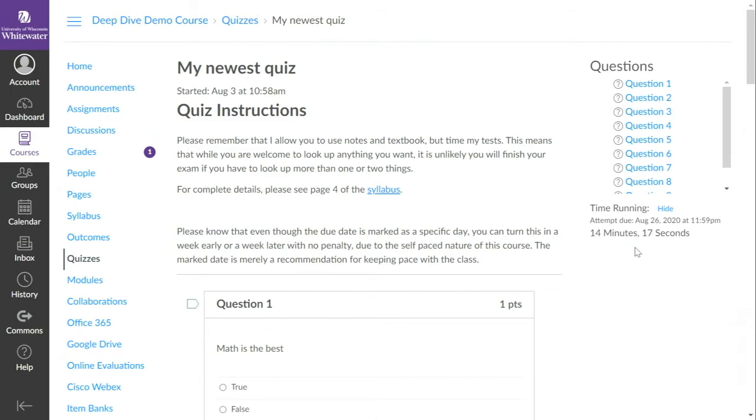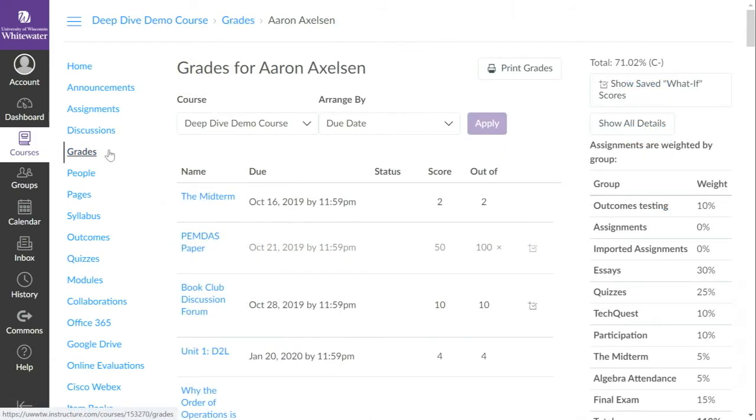Please note that some quizzes are timed, giving you a certain amount of time to complete the quiz or test before it closes. To access and view your grades, click on the Grades tab. On this page, you'll be able to see all the specific course assignments, the due dates, the score you received out of the max amount of points, and on the right-hand side, you can also see the current percentage or letter grade for all your work completed.